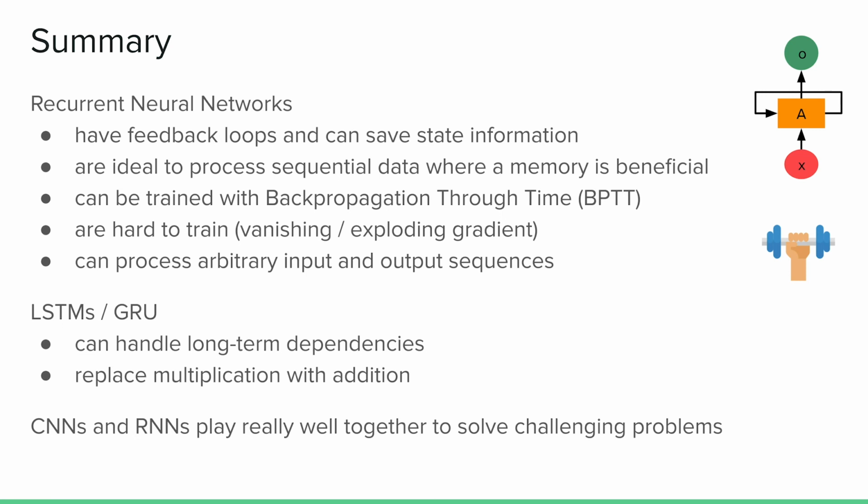And to combat some of these vanishing and exploding gradient problems, there are some ideas of special cells, special ways to construct a neuron, so it's not just a single multiplication and adding a bias term, but something more complex. One example would be the LSTM cell that allows us to handle long-term dependencies between multiple input sequences. Basically, what they do is replace the multiplication with an addition, and therefore allow us to also process longer sequences, where you have a relationship between a word that appears at the beginning of the sentence and at the end. And last but not least, CNNs and RNNs play really well together to solve challenging problems,